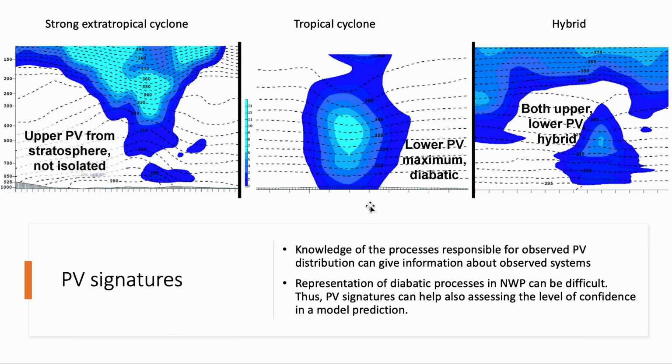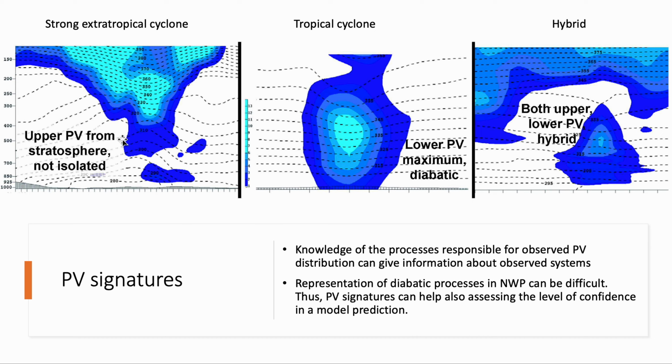And the colors, the shades represent values of PV in PV units, starting from 1 above, okay? This over here, notice that it's showing pretty high PV values, almost all the way down to 700 hectopascals, which is 3 kilometers. It's pretty low. And I remember analogous cases here in Hawaii where we had really low dynamic tropopause. But anyway,